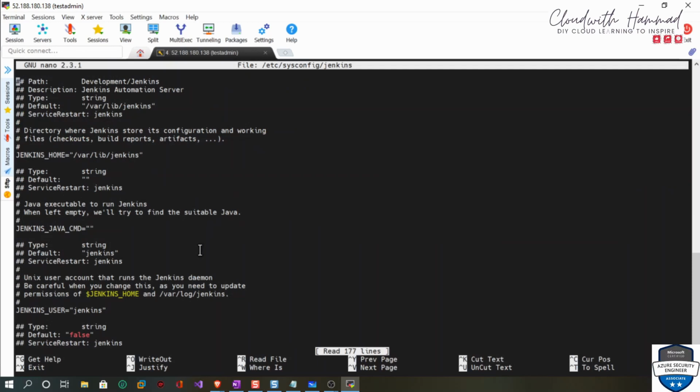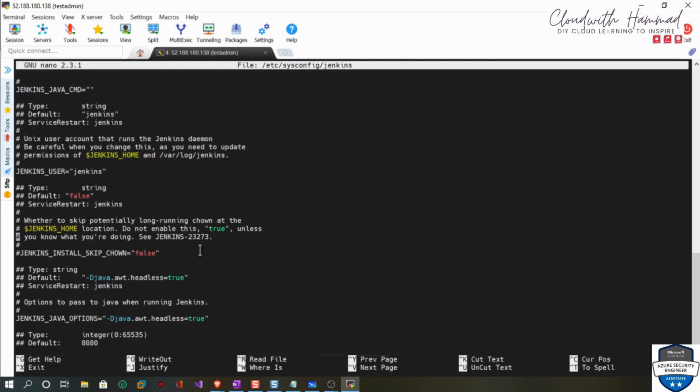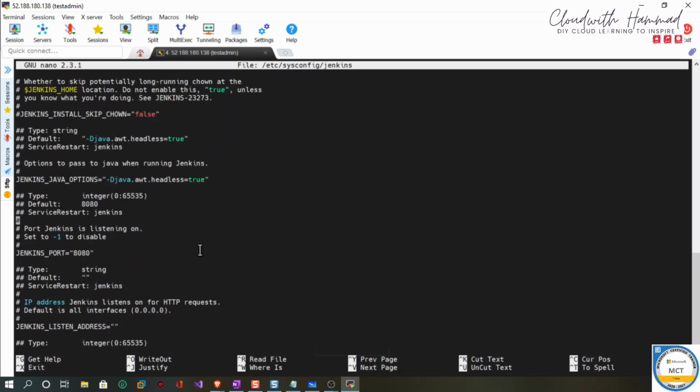This is the text file that gets created by the sysconfig for Jenkins. We'll scroll down here and look for the port. You can see over here it says port 8080. Jenkins is listening on port 8080 here. So you can see Jenkins' default port is 8080, and currently it is sitting on 8080. So we'll change it to 8081,